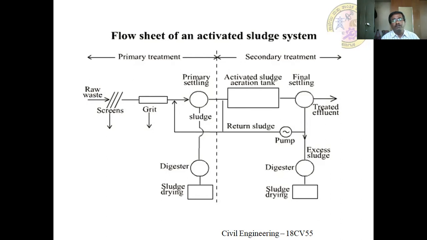In this system, we maintain the suspension system of the activated sludge. From that, the efficiency is increased. For maintaining this suspension system, we supply oxygen externally or internally and mix it properly, and we allow it for a few hours or a few minutes depending on the hydraulic load, the organic matter present, and the microbes present in that system, and finally we reduce the amount of organic matter present.